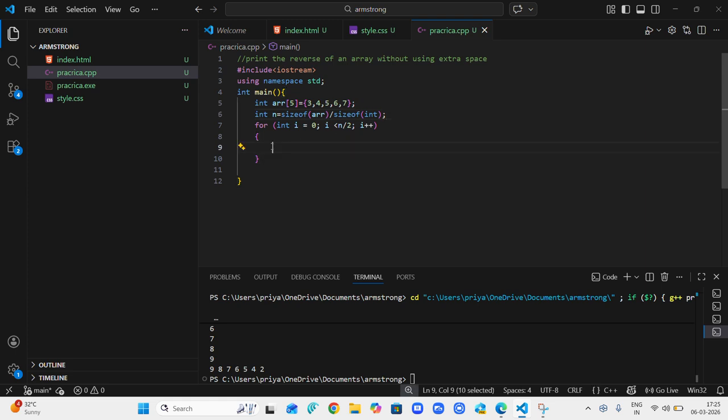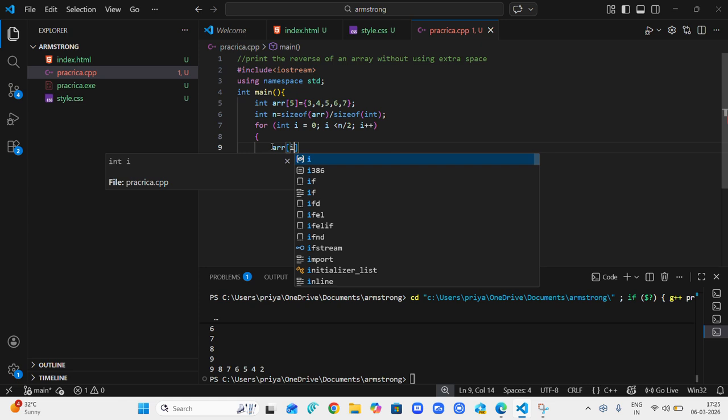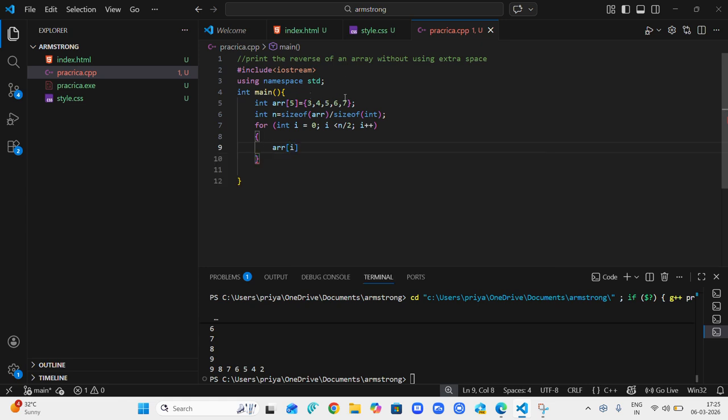Now I'm going to swap array of i. Let me create one variable, int temp. So temp equals array of i, or you could have created temp over here only, but let it be.